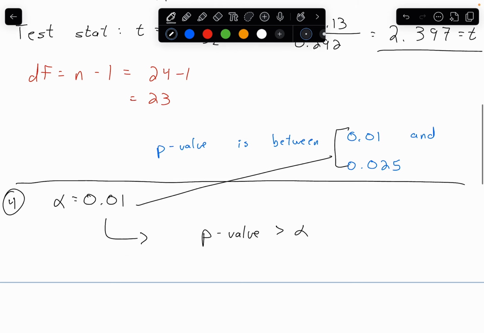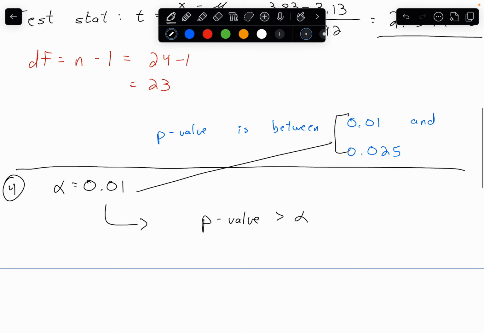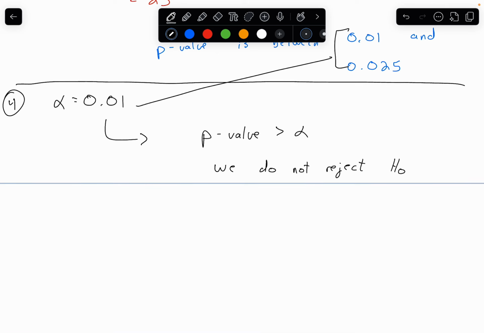So if the p-value is greater than alpha, using the same decision-making rule that we've always looked at, that means that we do not reject H0, which means that we do not change our mind. Remember, that means that there is not enough evidence to support the alternative hypothesis. So if I'm going to talk about what this decision means within the context of my problem, there is not enough evidence to support